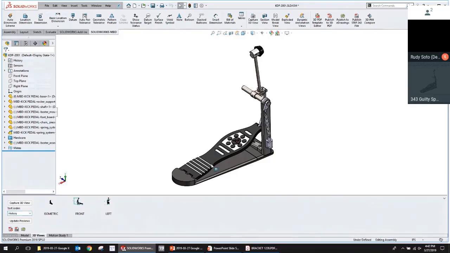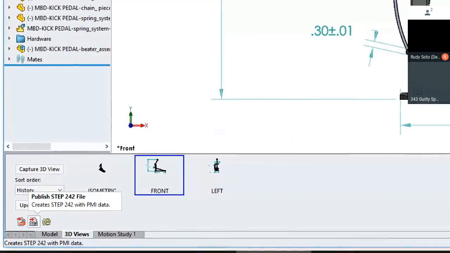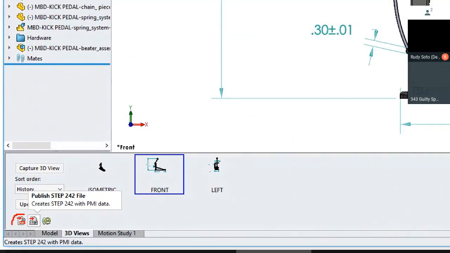Once we're ready, in this example you can see that I've put in some product manufacturing information. Then I can go down here and either choose this option, which creates one of those 3D PDFs with the different views and the layout that I showed a moment ago, or this option here, which just creates a STEP 242 file. If I choose the 3D PDF, there's a check mark that says also embed the STEP 242 file in with the PDF. So I could just send somebody one file and they can extract the STEP file from there.